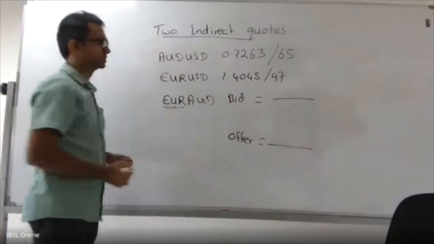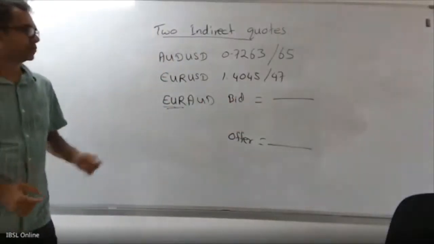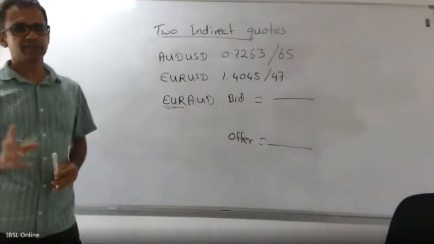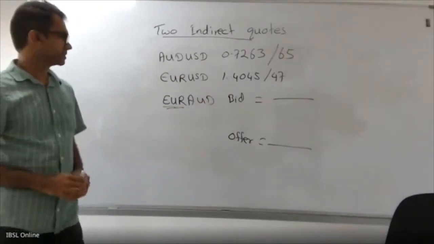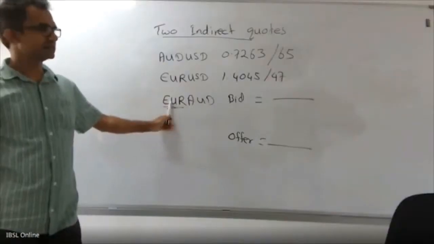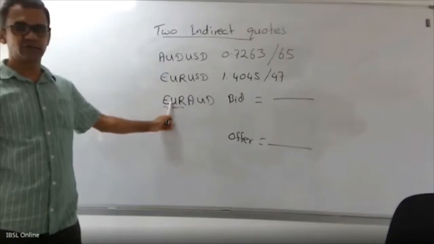What are the two numbers? To get the bid, it should be the bid of the base currency. What is the base currency? Euro. What is the bid of that base currency? Base currency against dollar, that is